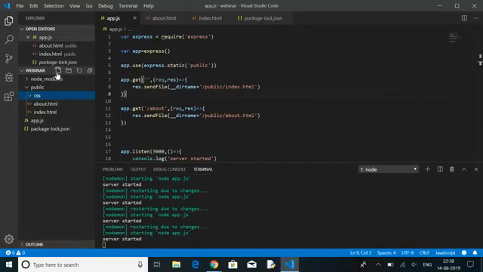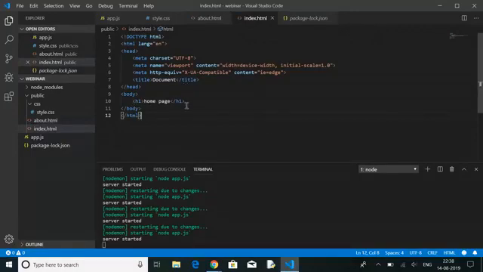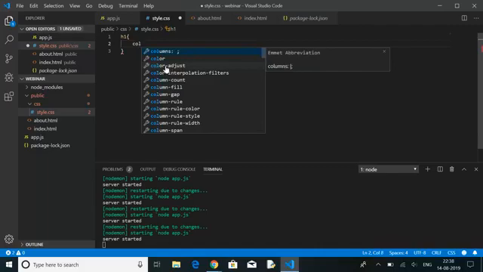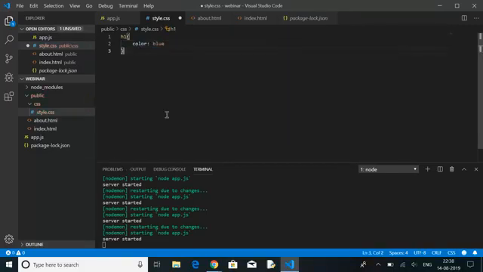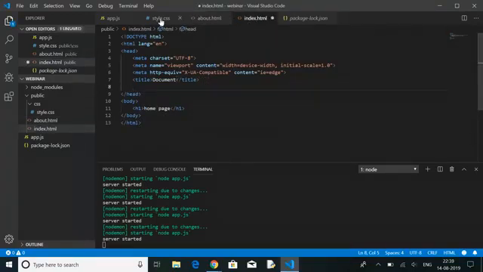Suppose I make a file style.css, and in index.html I add an h1 tag that says home page, and I want to style my h1 tag. So I'll write this, giving the color as blue, and then I save it. Then we need to link this CSS file into our HTML page so that the style gets incorporated. So I need to use link, and then in href